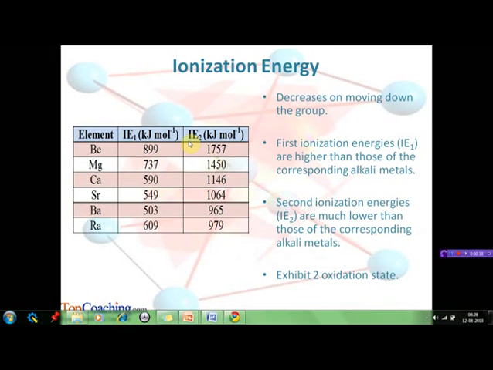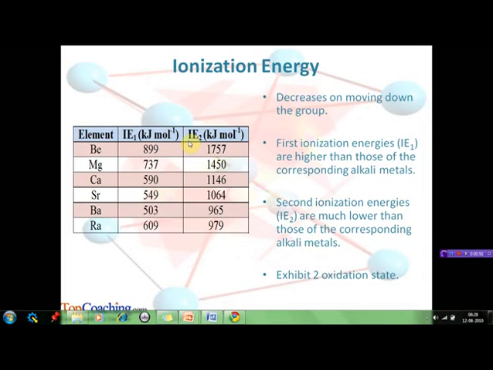The values of both IE1 and IE2 decrease as we move down the group because the atomic size as well as the ionic size increases, and thus the attraction of the nucleus on the remaining electrons